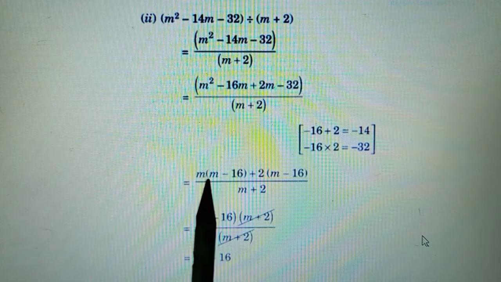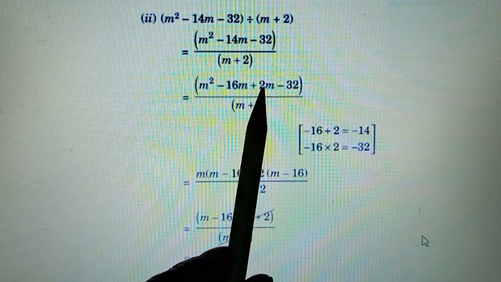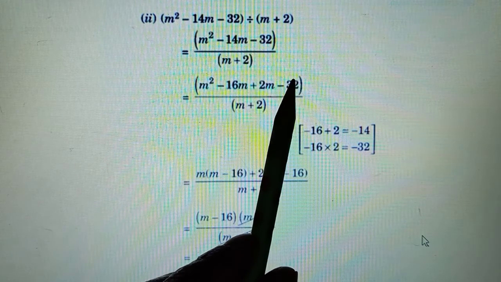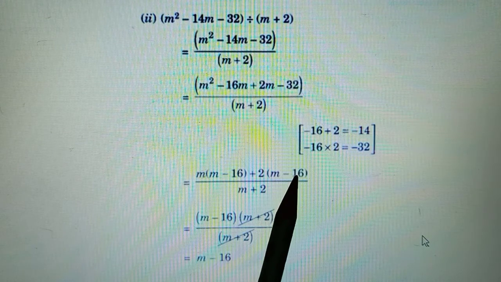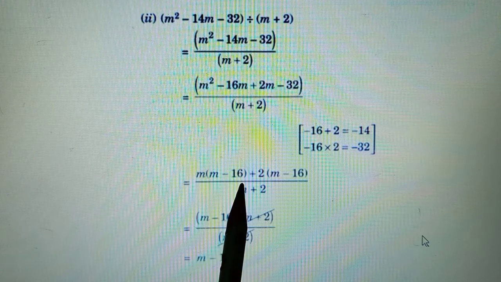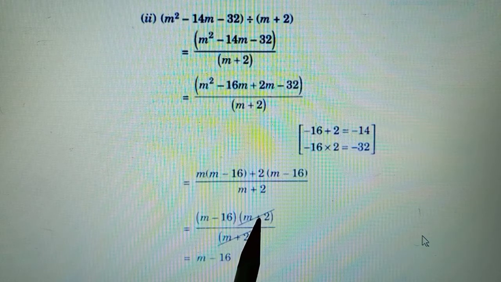two. Your m comes common and you're left with m minus 16 here, and from the other two, 2 comes common. So again, if 2 has gone, 1 m remains here, and 2 16s is 32. So again, m minus 16 here, m minus 16 here. We ought to get the same factor which we have obtained, which we will take common. So m minus 16 comes out, then here m remained, and here plus 2 remained.